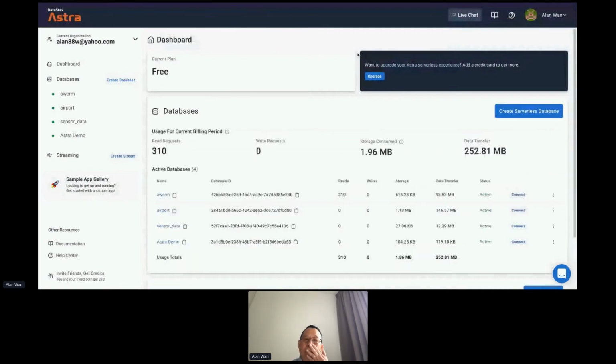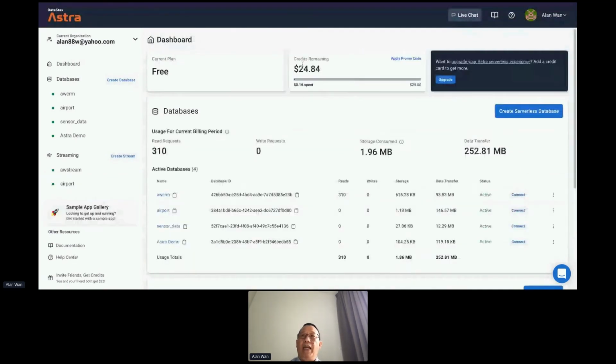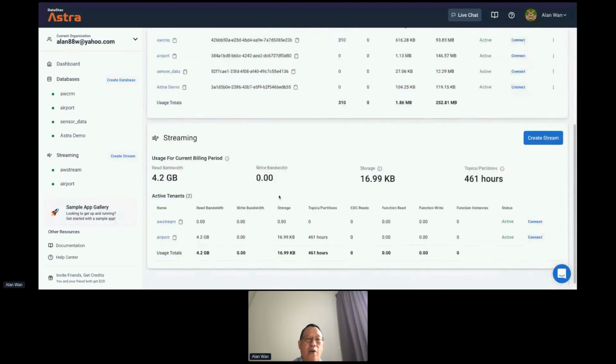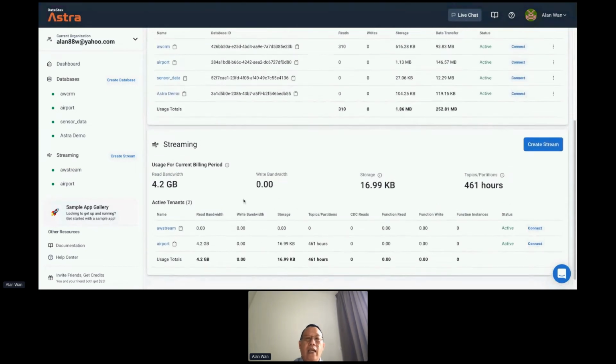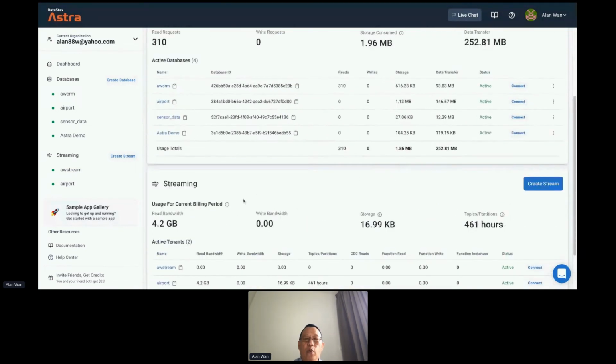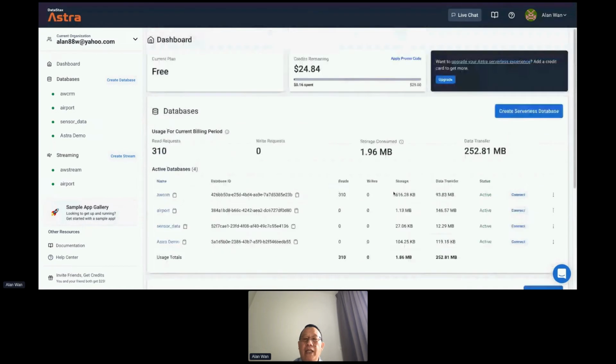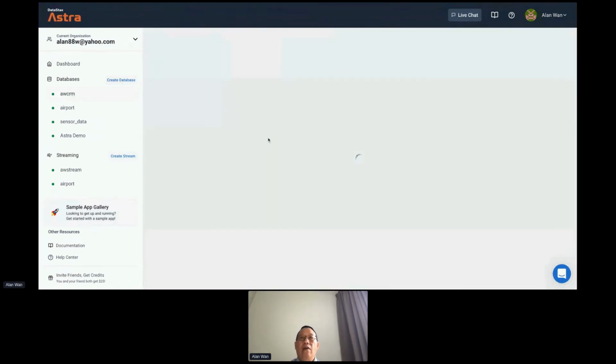So this is the Astra database. You can look at the instances. If you go to the dashboard, you can see the databases that you created. You can see there's also streaming as well. I have a streaming solution here too. It tells me exactly how much read, how much write I'm doing, the storage I use, how much data transfer I do. Okay, so if I go to the database itself, now this is the interesting part,